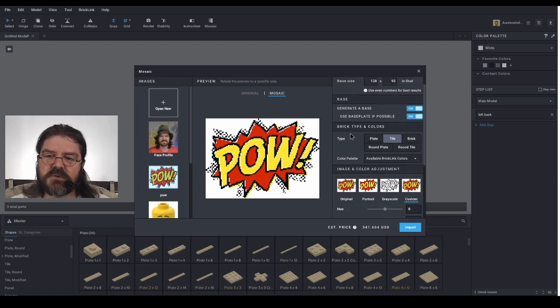In the next section, we have brick types and colors. Here you can choose what kind of brick you want to compose your mosaic image. And we have the option of using plates, tiles, bricks, round plates, or round tiles. This is another area where you can control how much money your mosaic is going to cost. If you're happy with plates, typically they are the least expensive option,